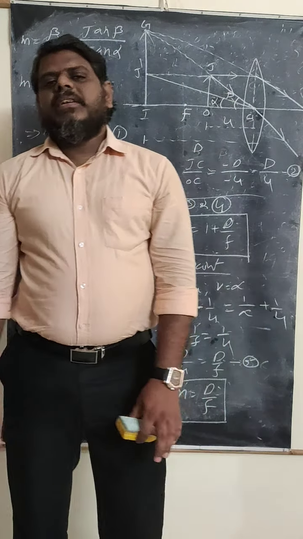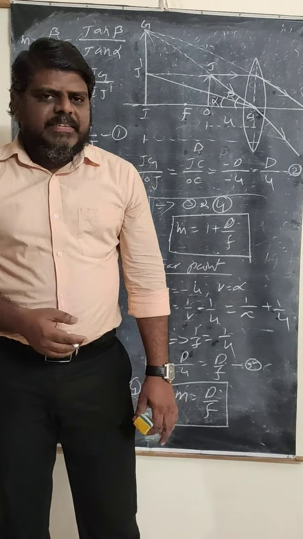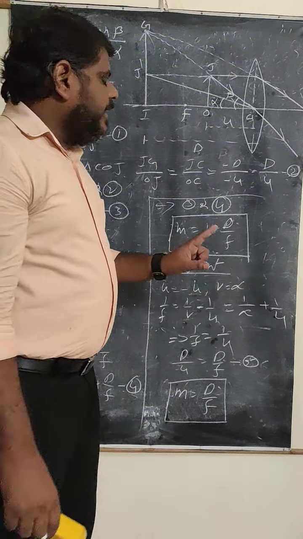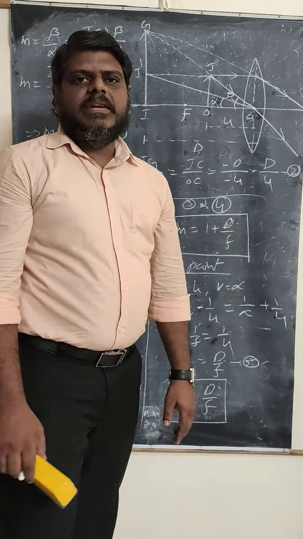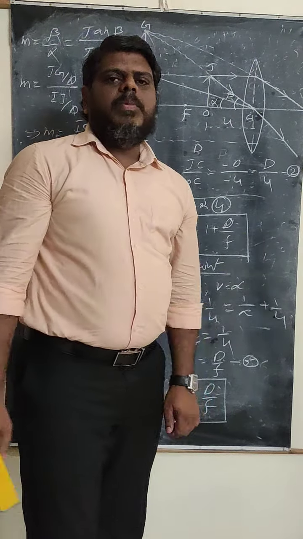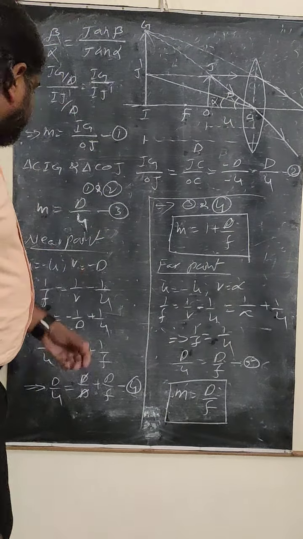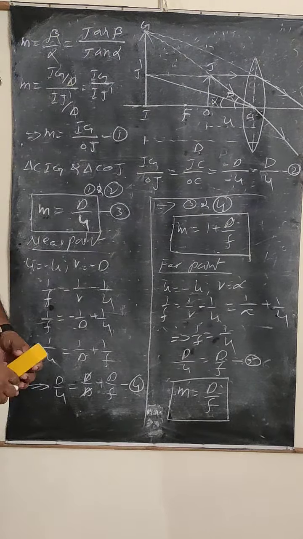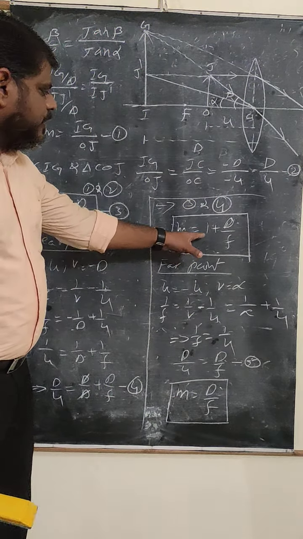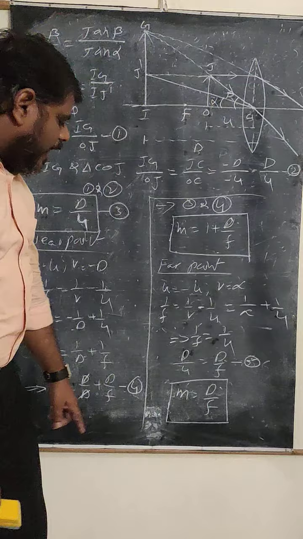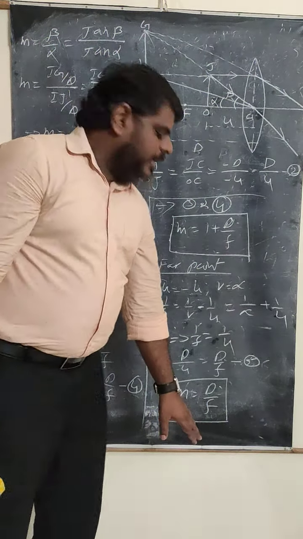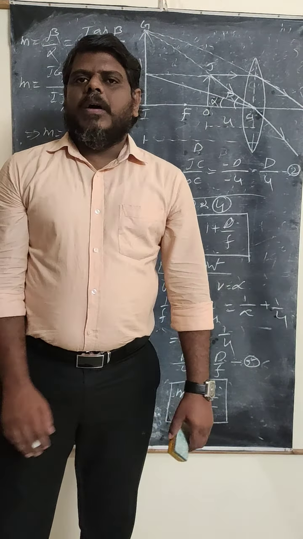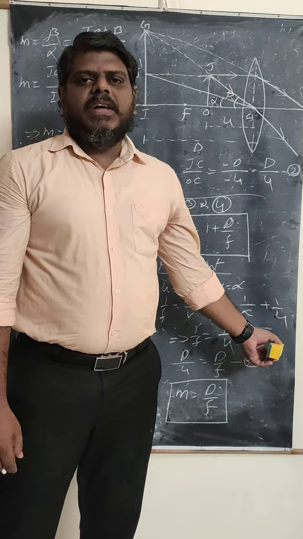So this is the derivation of the simple microscope. The derivation is not that important, but the formulas are very important, and what is important is the near point adjustment and the far point adjustment in the case of the simple microscope. So remember these formulas. General formula of magnification, M is equal to D by u. In the case of near point adjustment, M is equal to 1 plus D by f. In the case of far point adjustment, M is equal to D by f. These formulas you need to remember, because in the further compound microscope and telescope, we are going to use the same formulas for the magnification of the lenses.